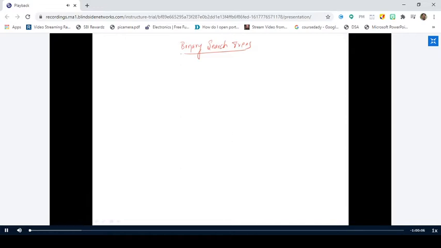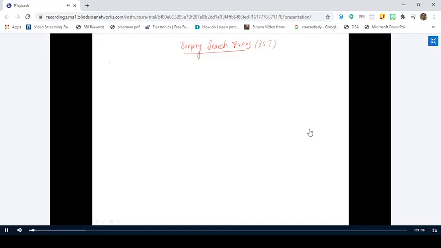Yesterday we have completed one important topic regarding the three traversal techniques. We have discussed the different traversal techniques such as pre-order traversal, in-order traversal, and post-order traversal. In today's class, we'll discuss one of the important topics in the trees concept, which is binary search tree. In short form, we will call it BST. BST stands for binary search tree.